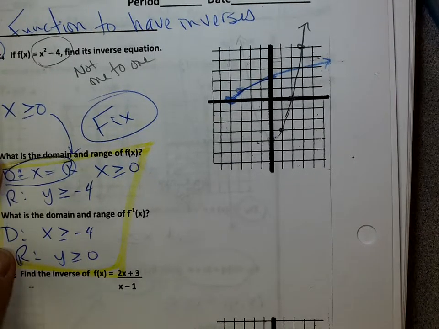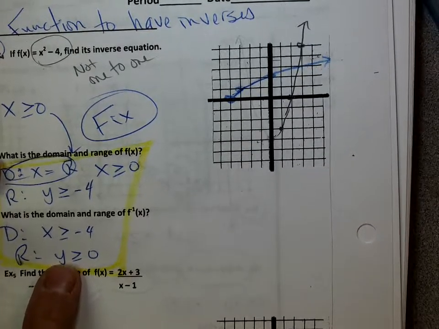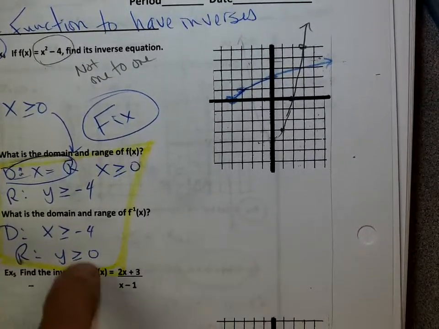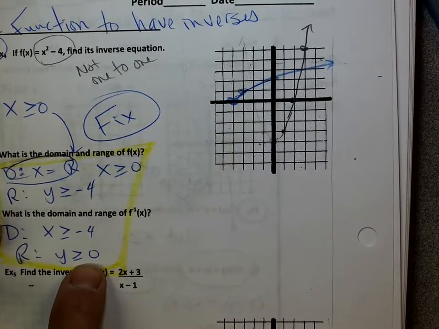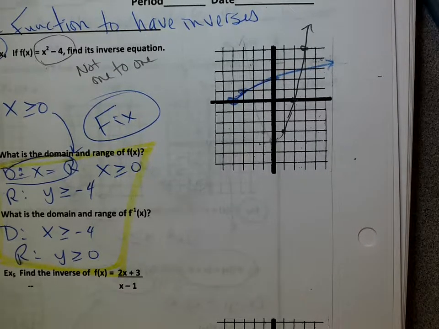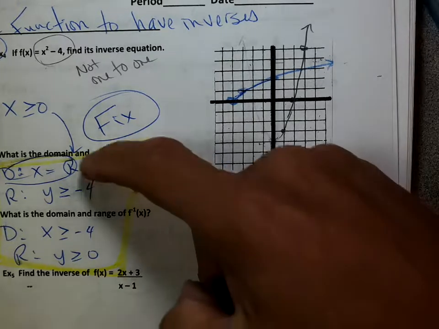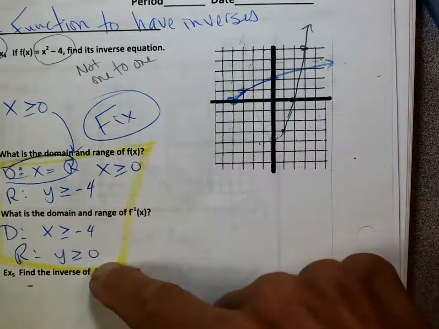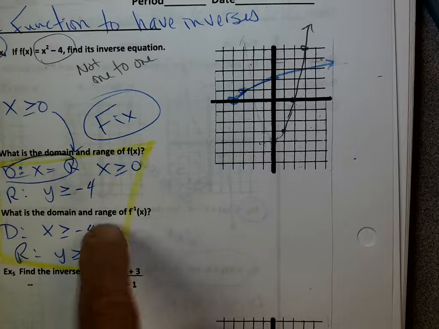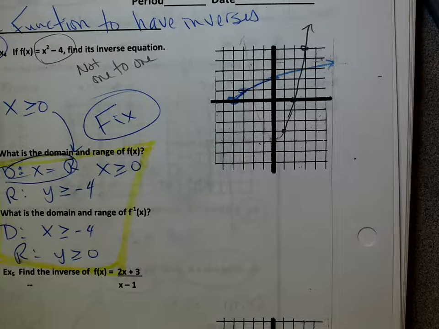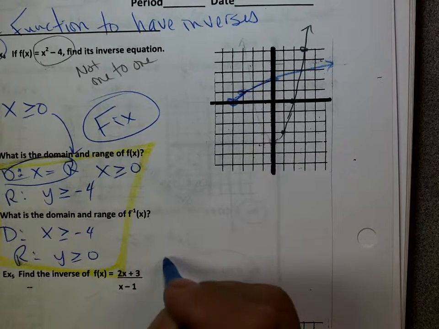So the domain of this one is the range. So the domain of the function is the range of the inverse, and the range of the function is the domain of the inverse. Well, that makes total sense to me because the x becomes the y and the y becomes the x. The x is the domain and the range is the y. So the domain of the function becomes the range of the inverse, and the range of the function becomes the domain of the inverse because x and y switch. Totally makes sense. Okay, for time, I will leave this one off,